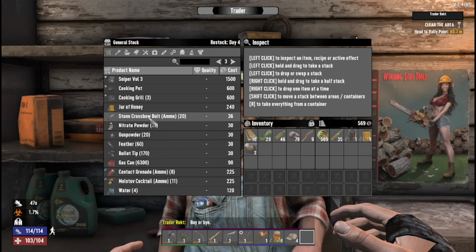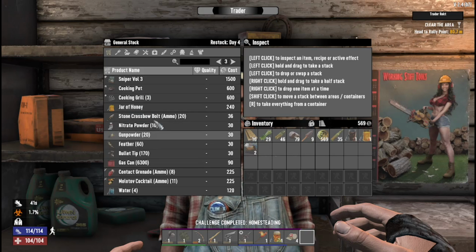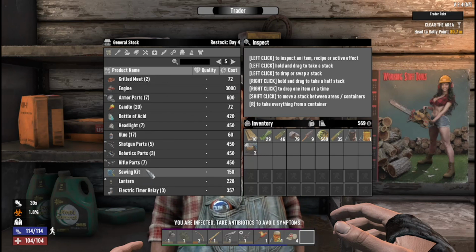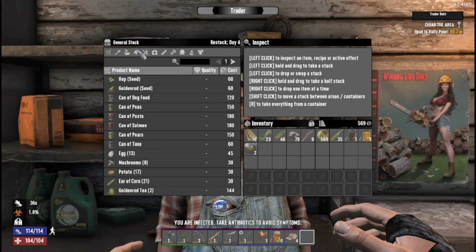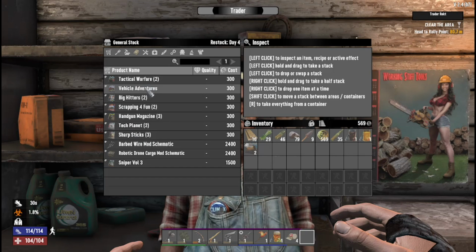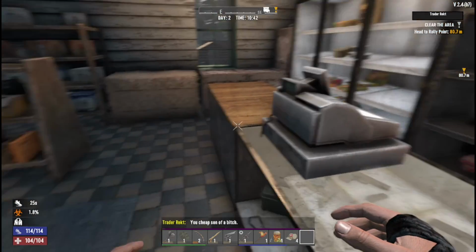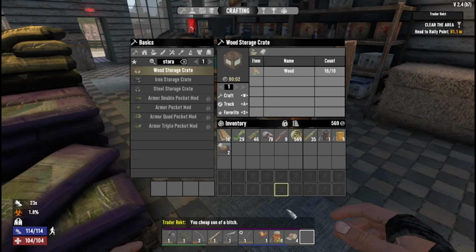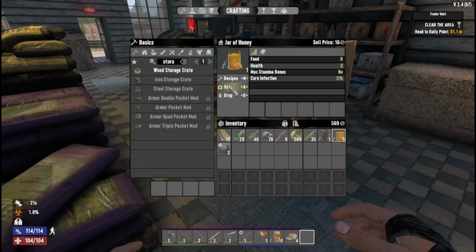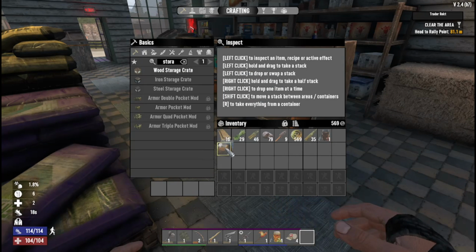And then we need... there was honey here. And... Also, let's check out the magazines as well. So, forge ahead. We definitely want that. Tactical warfare, I could definitely use those. Wow, these are pricey, though. All right, we need something to drink, though. So, we'll use that honey. That should take care of our infection issue. And then...